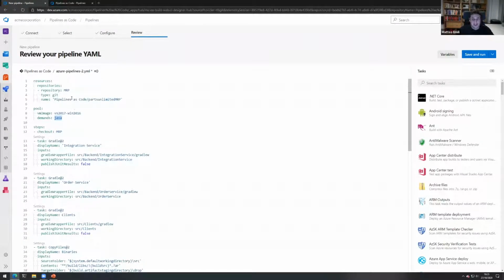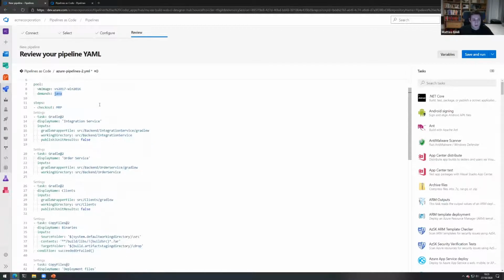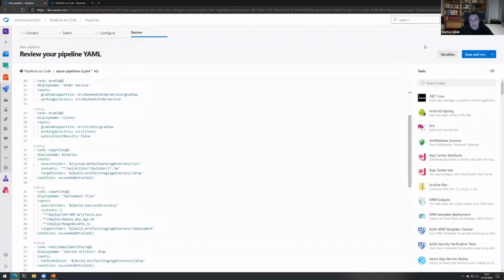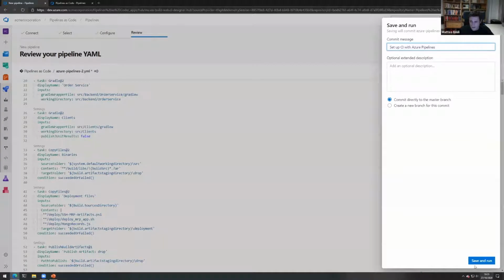This is already a CI build. It's going to run on every push to master, and that's by default. So it's simple enough for anyone to move off one system and onto the other. If I run this as is,